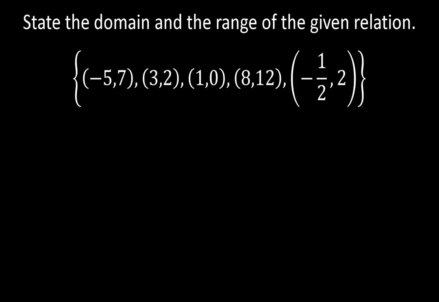Here we're asked to state the domain and the range of the given relation. And we can see here that this relation consists of 1, 2, 3, 4, 5 ordered pairs. So let's list the domain and the range for this relation. Remember, the domain is just a list of the inputs. So our domain